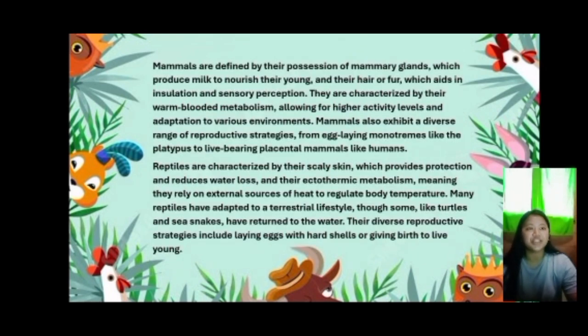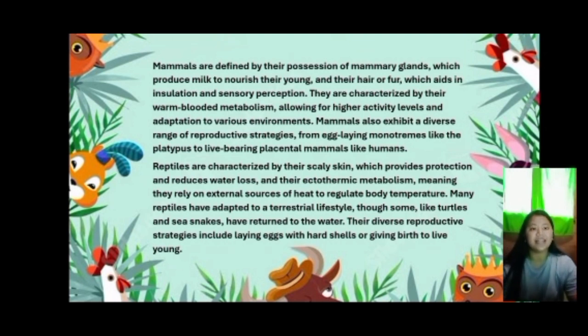vertebrates. Mammals are defined by their possession of mammary glands which produce milk to nourish their young, and their hair or fur which aids in insulation and sensory perception. They are characterized by their warm-blooded metabolism, allowing for higher activity levels and adaptation to various environments. Mammals also exhibit a diverse range of reproduction strategies, from egg-laying monotremes like the platypus to live-bearing placental mammals like